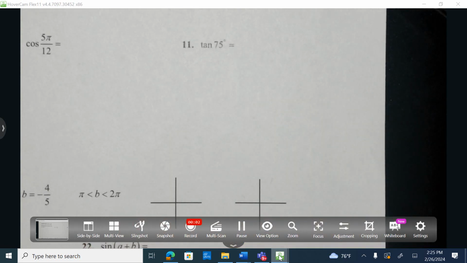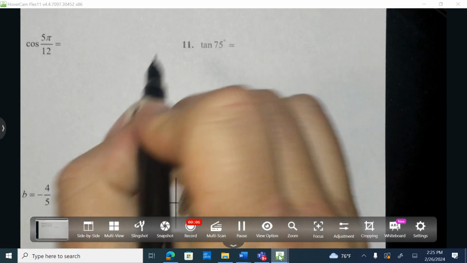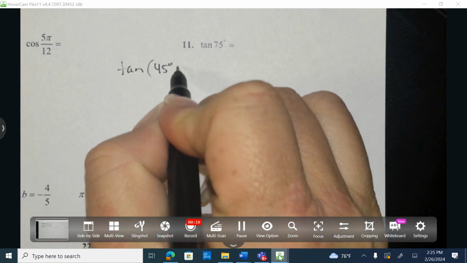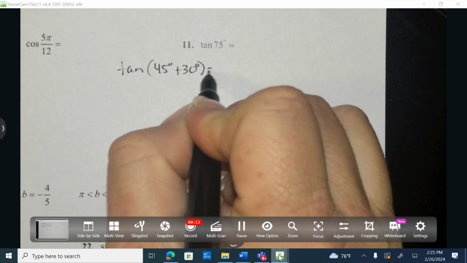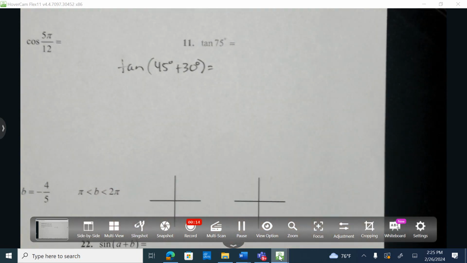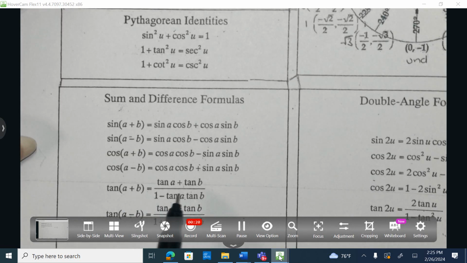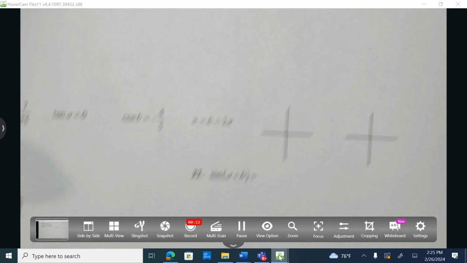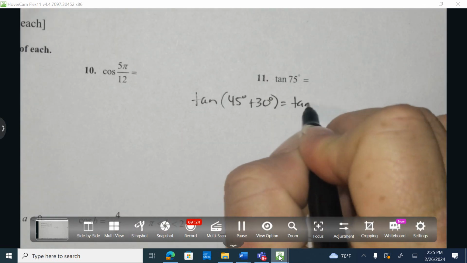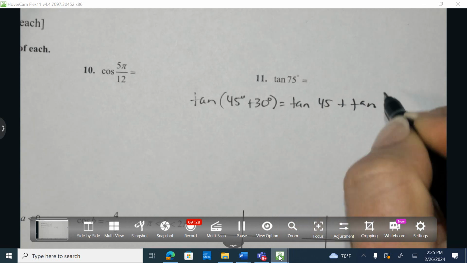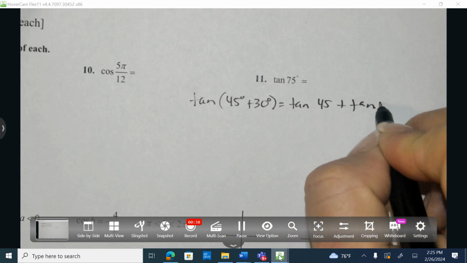I'm going to break 75 up into 45 plus 30, or 30 plus 45. We'll achieve the same answer in the end. So 45 plus 30, and I'm going to go back here to my formula sheet. The sum and difference here, when I am adding, I'm going to use this formula. So tangent of A, so I need tangent of 45 plus the tangent of B, which is tangent of 30,